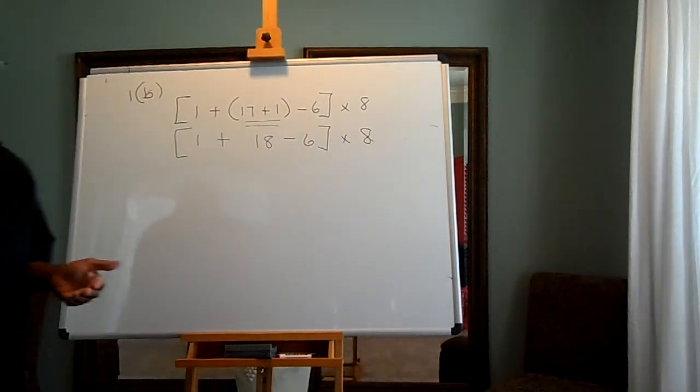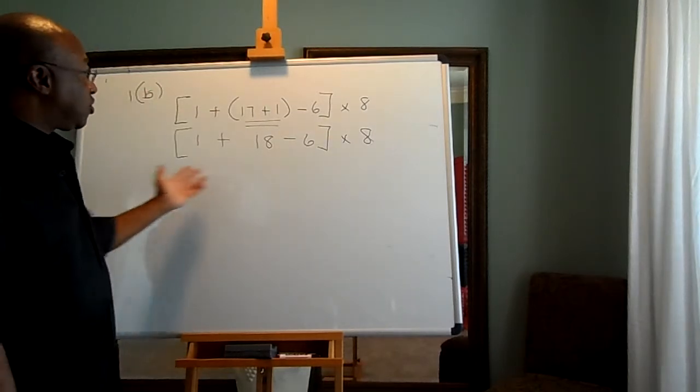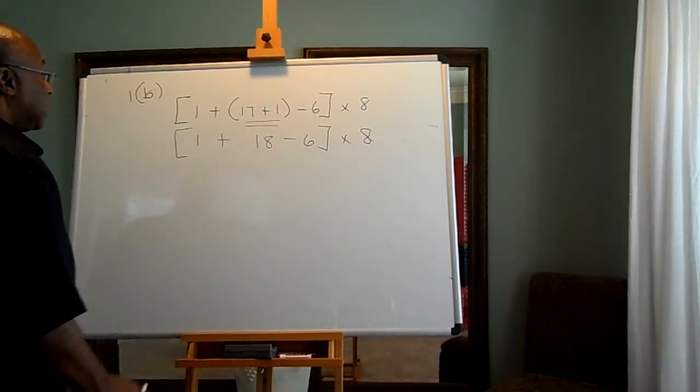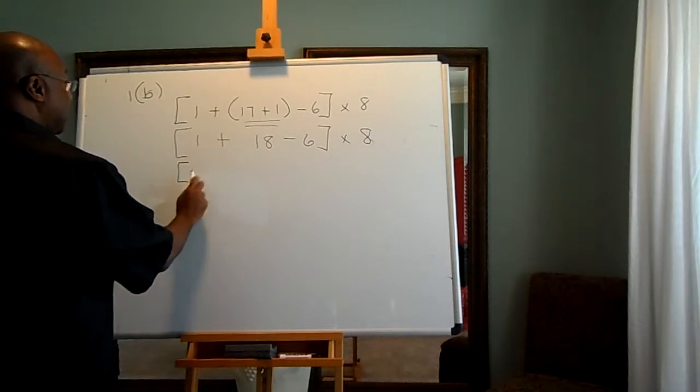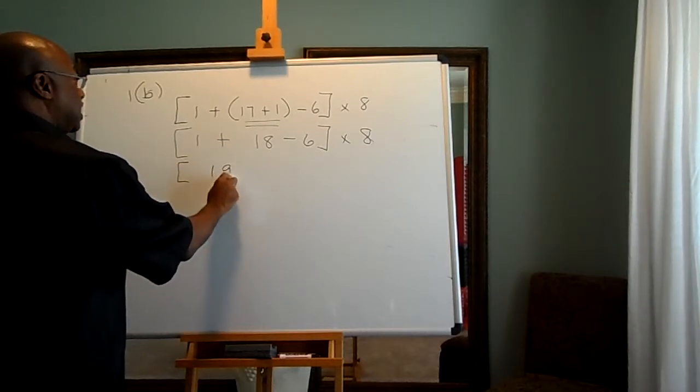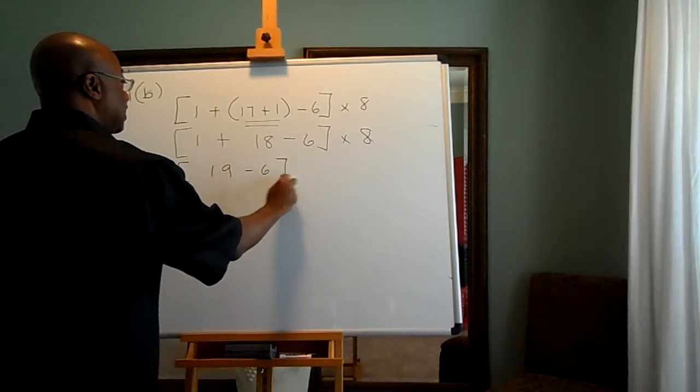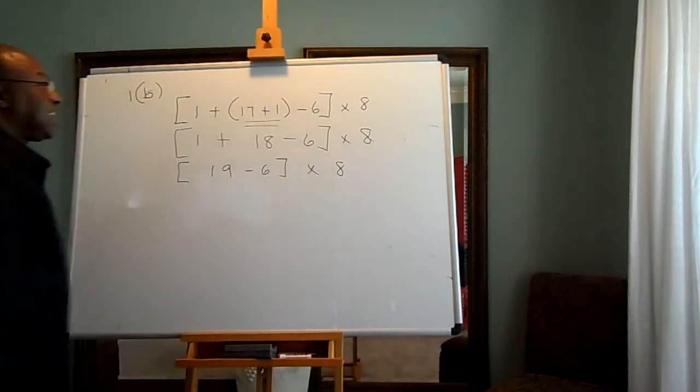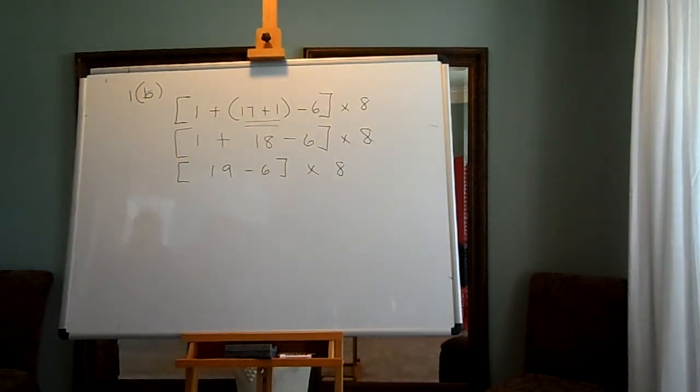Now, after you take down the parentheses, go ahead and do the adding and subtracting here. If we add all of this up left to right, we get 19 minus 6 times the what? 8. And what is 19 minus 6? 19 minus 6 is